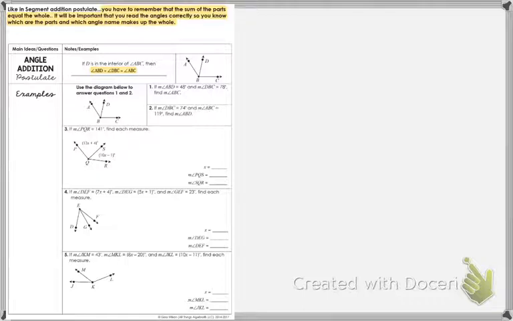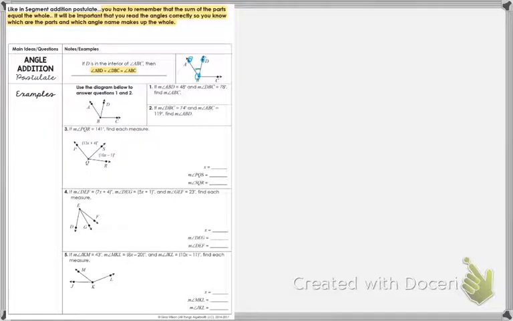Alright, so let's go. Angle addition postulate. Notice how I typed up here, like in the segment addition postulate, you have to remember that the sum of the parts equals the whole. It will be important that you read the angles correctly so that you know who the vertex is, or that endpoint that they share, and you can designate, okay, so these are the two angle parts and they equal the bigger angle. And if you look at their example, they're telling you angle ABD,